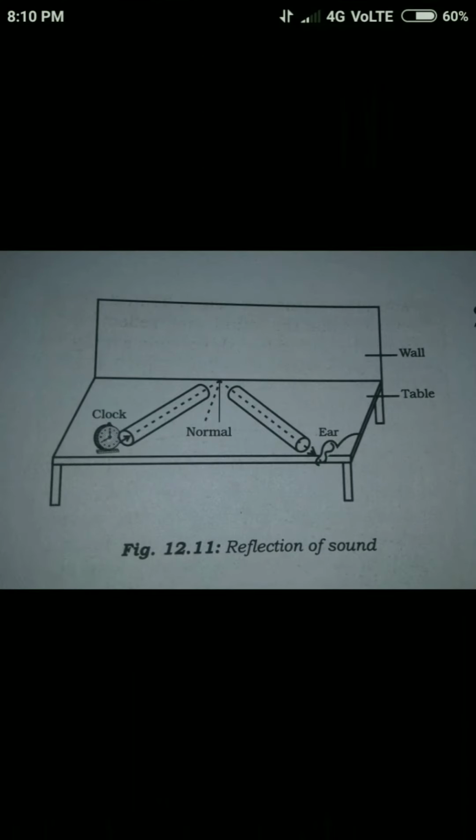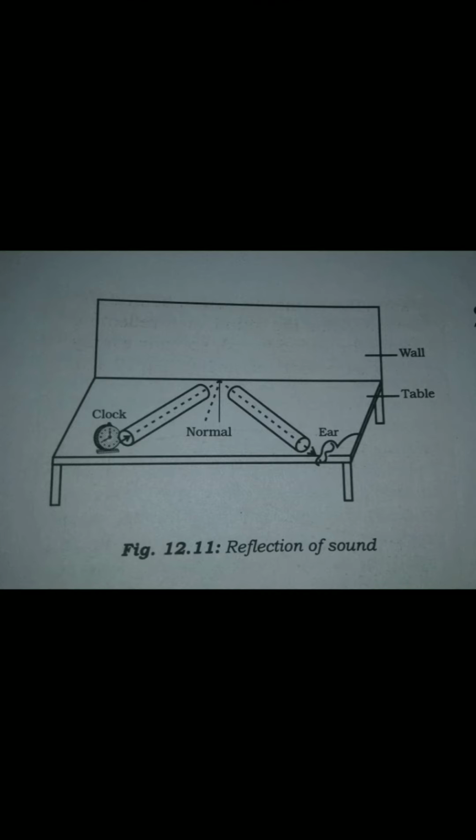Echo occurs due to the reflection of sound by the hills or the walls of a building. If we stand near a hill and shout, suppose we call out our name, we will hear our name being called twice or thrice, but it will become a bit fainter than the original sound. That is called an echo. We hear two sound waves as two distinct sounds only if the time interval between the sound waves is 1/10 of a second or more.